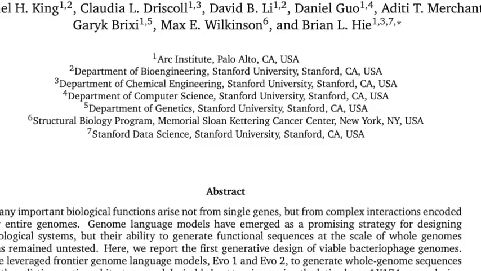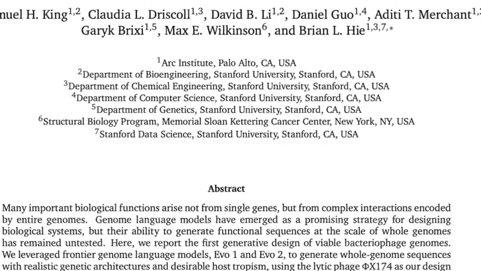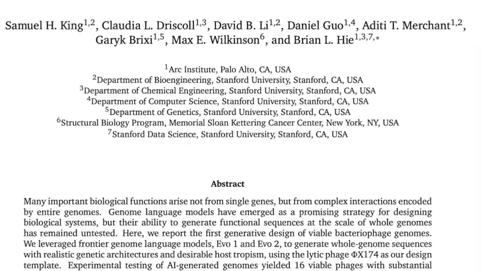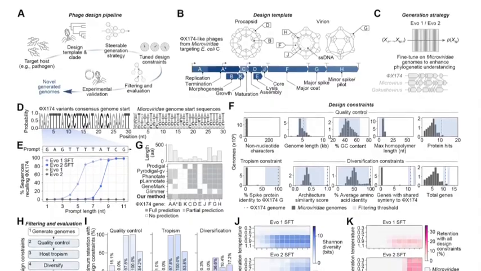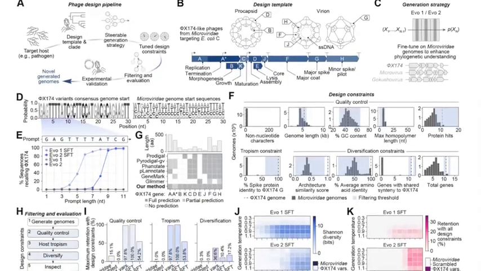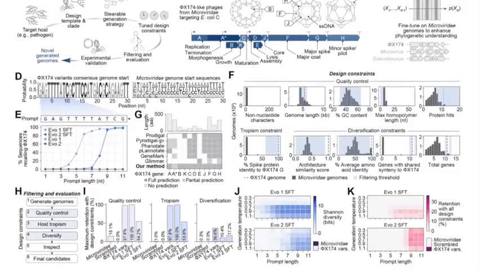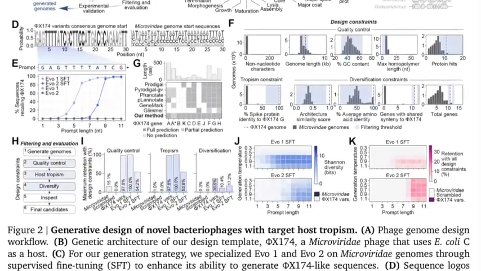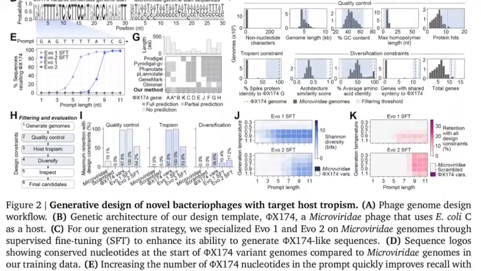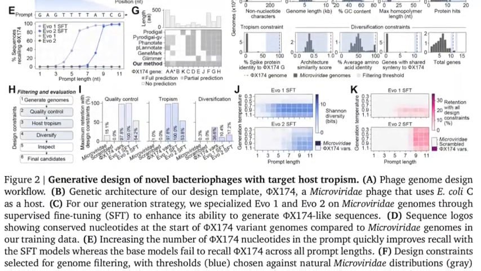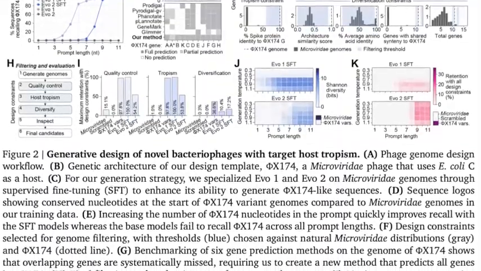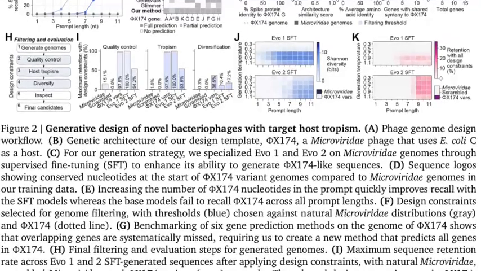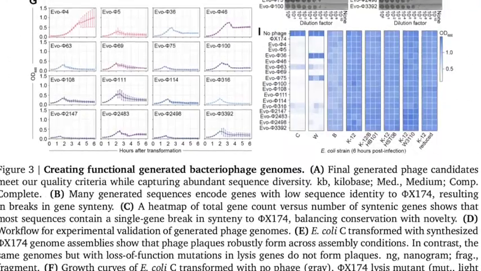Welcome to the debate. Today we're diving into a landmark development in synthetic biology. It's the successful generative design of functional biological systems at the whole genome scale. We're talking specifically about using these genome language models, or GLMs, EVO-1 and EVO-2, to create completely novel bacteriophages. They've called them EVO-phi. And this technology is potentially a game changer, especially for creating tailored phage therapies against evolving